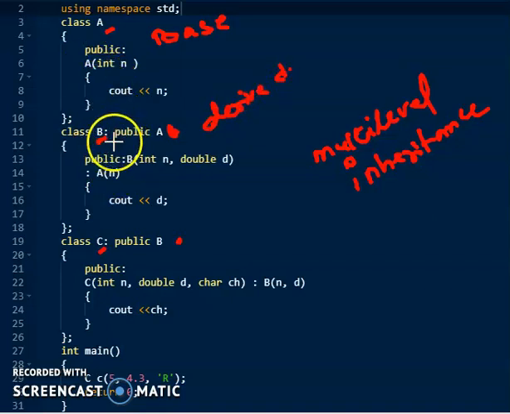When you consider these two, class B is inheriting class A, so class A becomes the base class and class B becomes the derived class. In this case, class C is a derived class and it inherits the properties of class B, and indirectly it also inherits class A. As class B inherits class A, indirectly class C also inherits class A. So for class C the base class is class B. Okay, so you can figure all those things out.